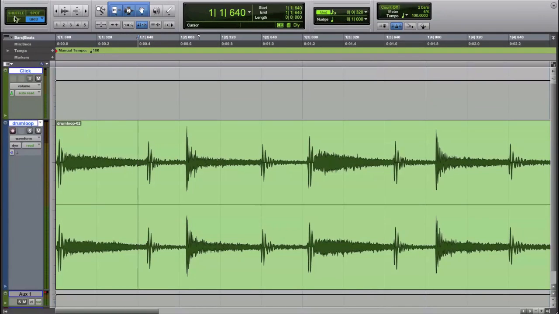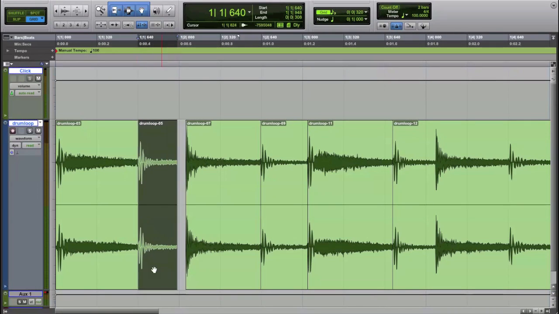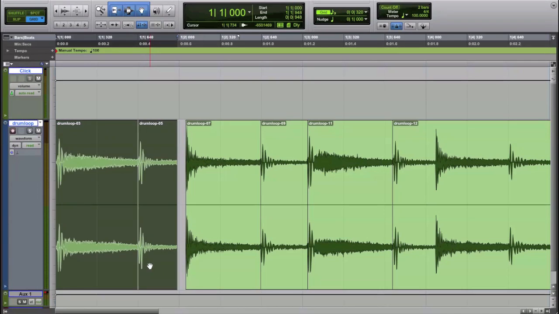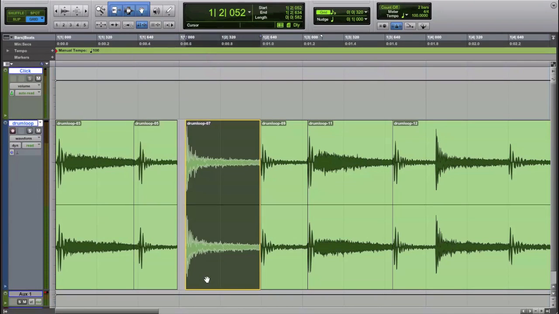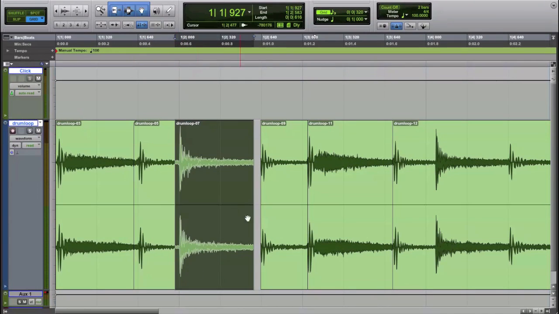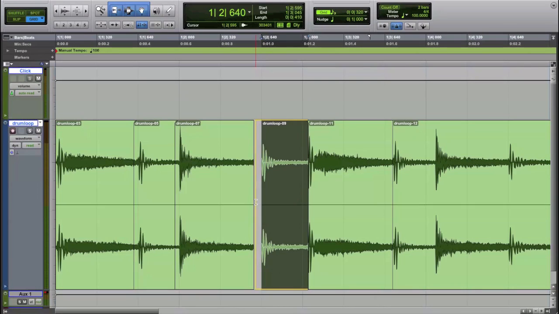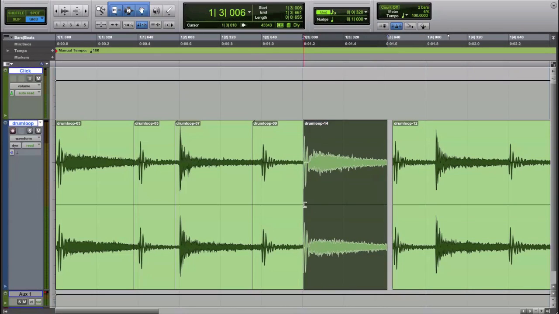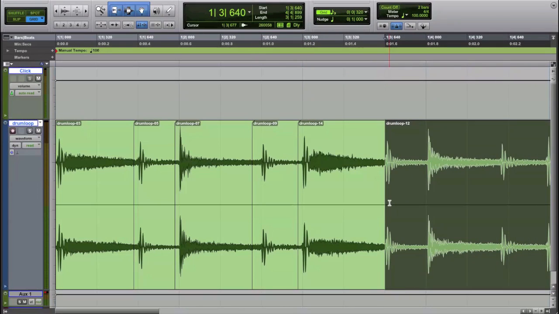Now when you're manually fixing your drums, make sure you switch to slip mode. Then you put your cursor at the transients and you make cuts on your take just like this. Then you go back to grid mode and you just move the small regions you just made. And then you trim the regions a little bit so you don't have any cuts at transients